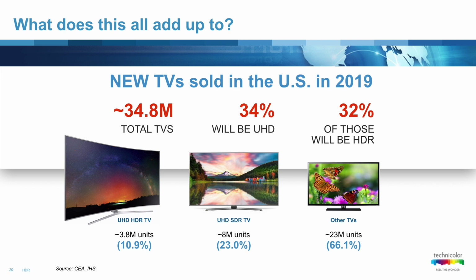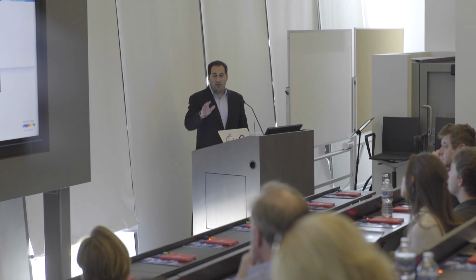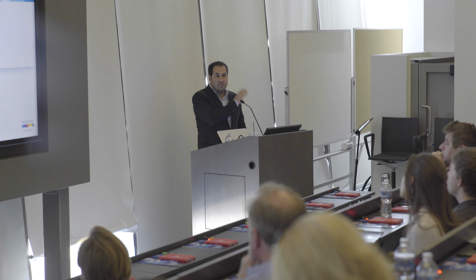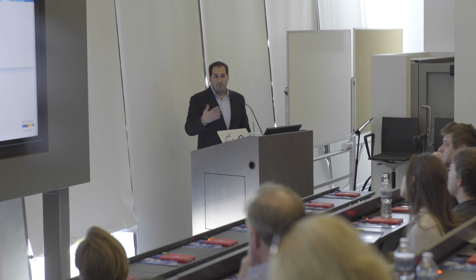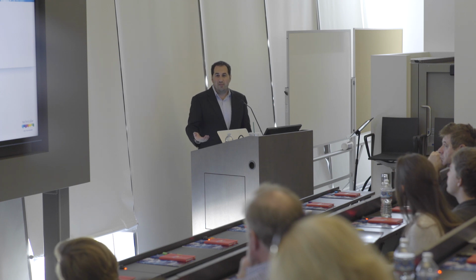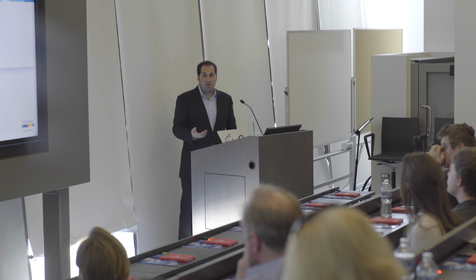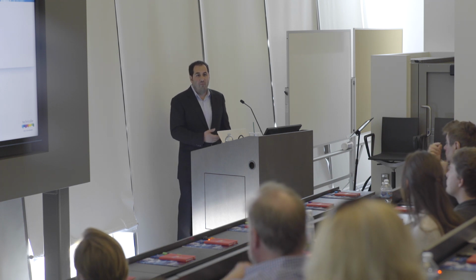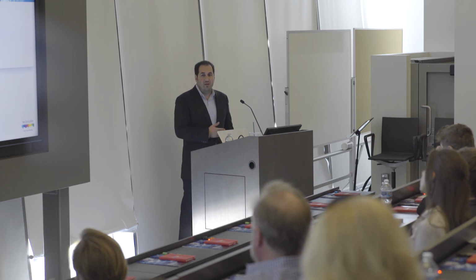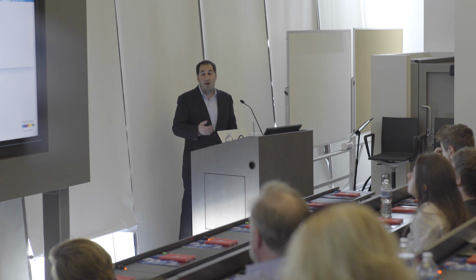But imagine you have a home, you have one flagship TV in your home. When you bought that new flagship TV, of course, you moved your other TV to another room, so you have a standard dynamic range TV there you have to pay attention to. But you have a kid's room, you have a kitchen, you have other places, you have maybe a pool room if you're lucky enough. You have other places in your house where you're going to have additional TVs. So you're going to have a mix of high dynamic range and standard dynamic range TVs in homes.